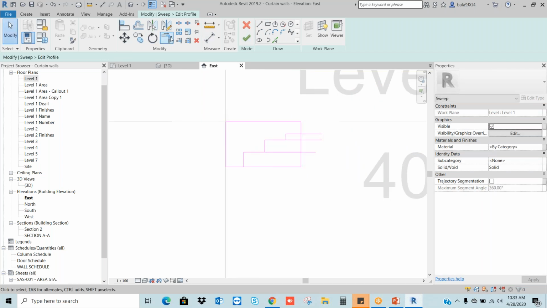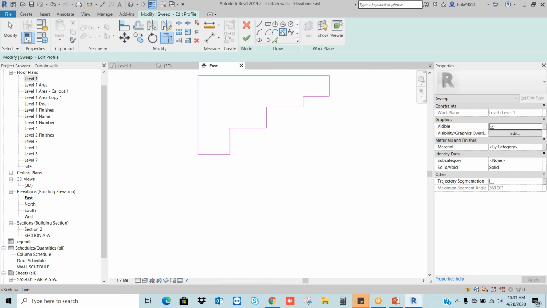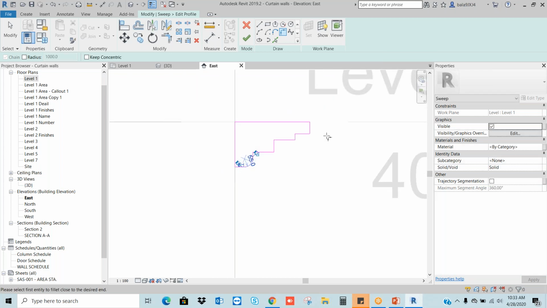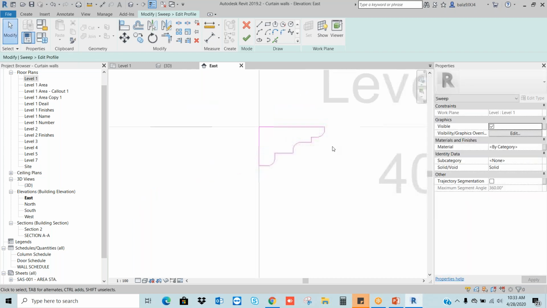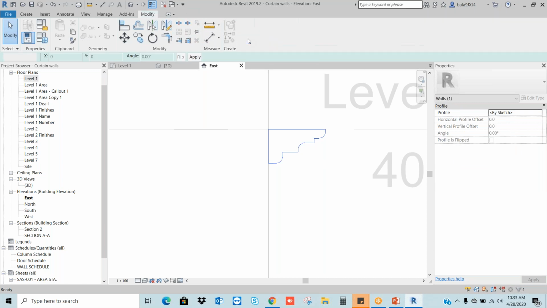Okay, I'm going to Modify, Trim. Let's say I want a little arc here, so I will go to the fillet. Okay, I want a little arc here. Whatever it may be, you can create. Let's say first take the rectangle, then after that edit it. In a single shot, you don't expect 100% output. Let's say this kind of profile I want to extend. Then go to finish, and finish.